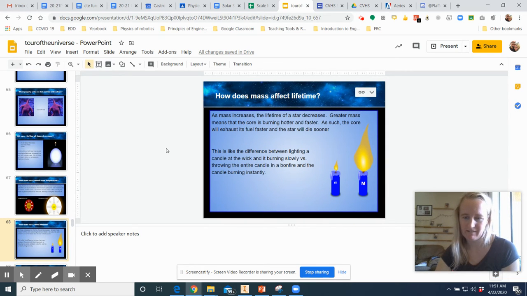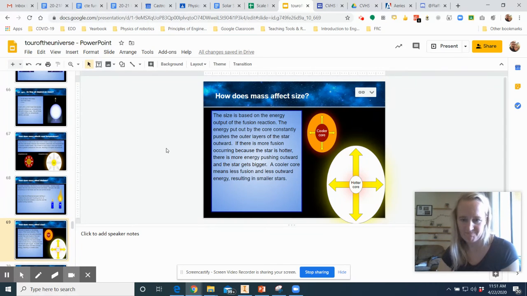So as mass increases, the lifetime of a star decreases. Greater mass means the core is burning hotter and faster. It's basically the difference between lighting a candle at the wick and it burns slowly, versus throwing the entire candle in the bonfire, the candle burning instantly. The size is based on the energy output of the fusion reaction. So as you see here,